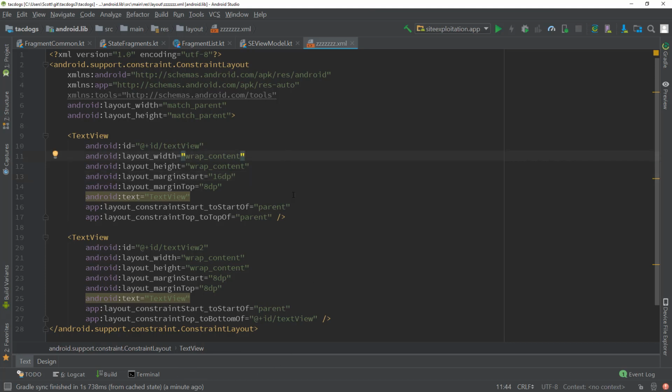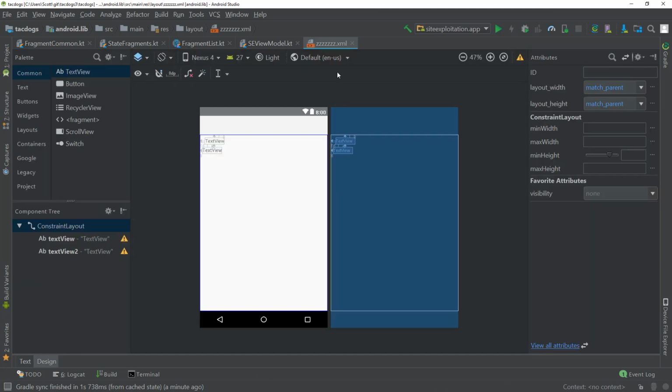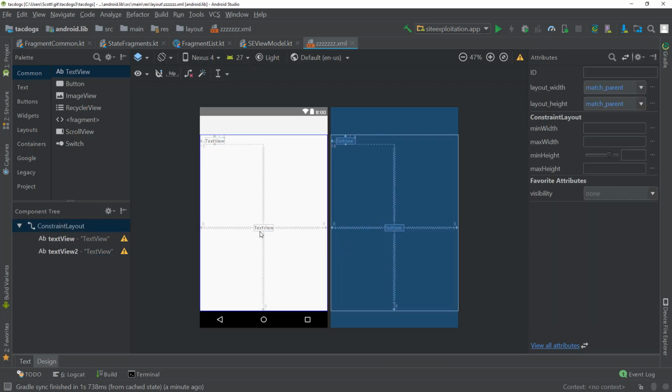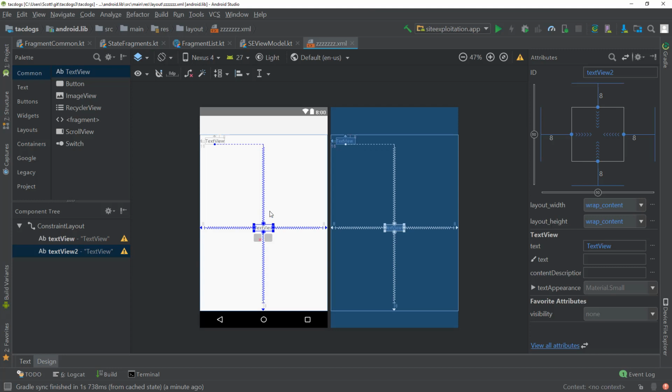But the constraint setup for these guys here, I think is a little bit easier in the GUI builder because you can actually kind of see where things are going and how you're aligning them. Or if I wanted this guy to get centered, I can kind of throw it like that. And then if I want this guy to expand to fill,